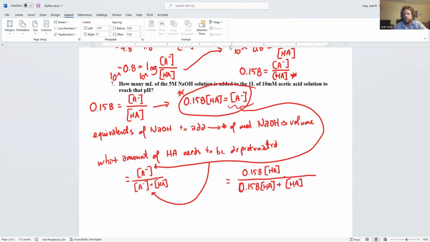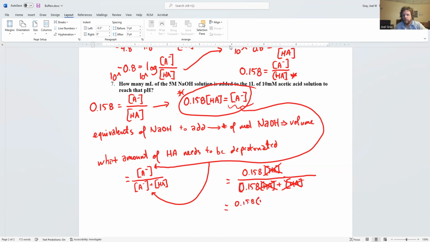So when we have this formula or this equation right here, what we can then do is find a common variable. That common variable is our HA. We can cross that out. So we can rewrite this equation. We can cross this out and basically make any place where there's an HA equal to 1. So that gives us